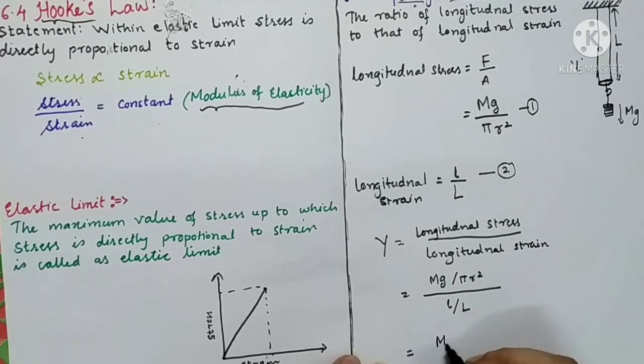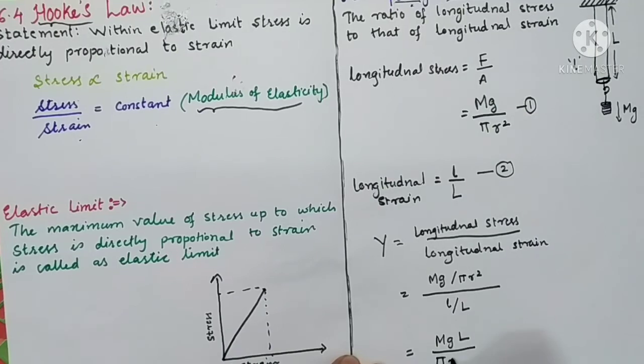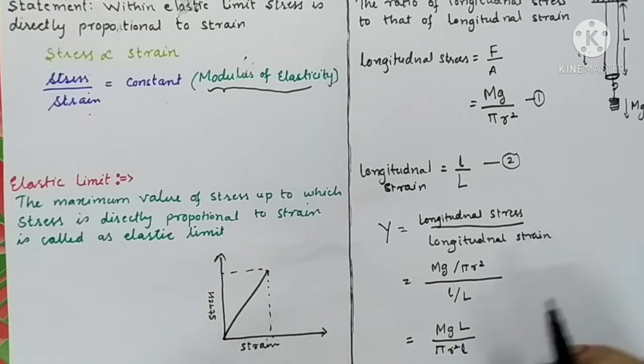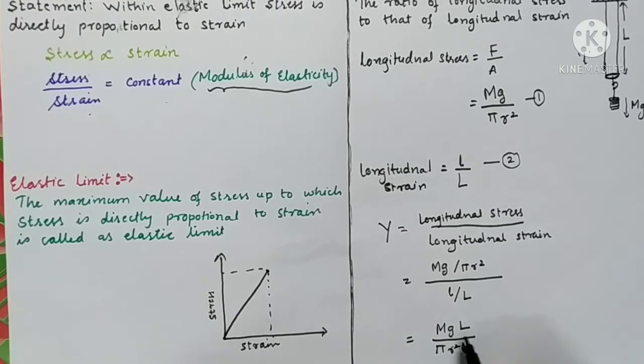It is mg L upon pi r square l. So here we have the final formula of Young's modulus as mgL upon pi r square l,